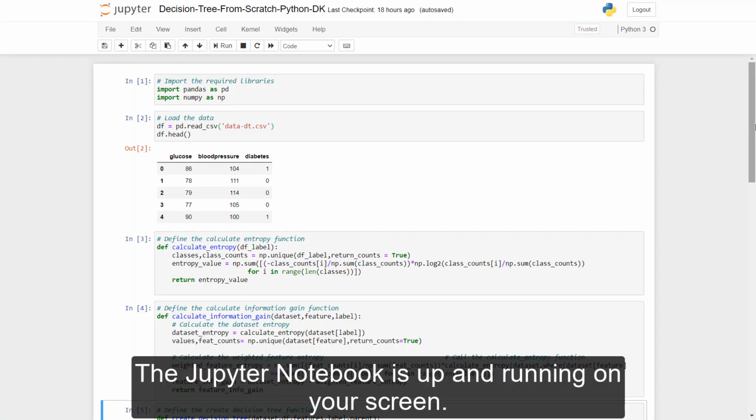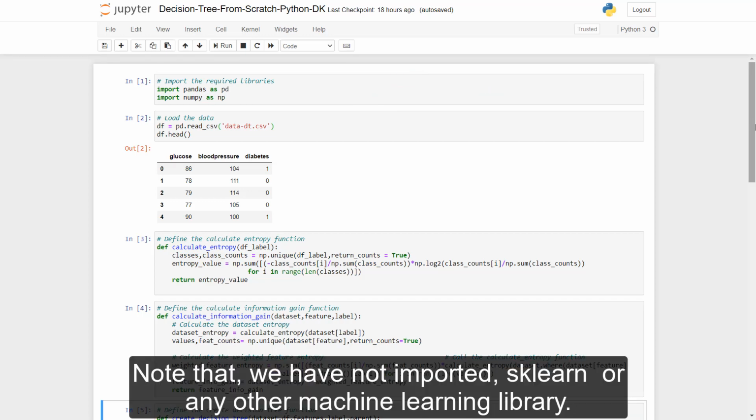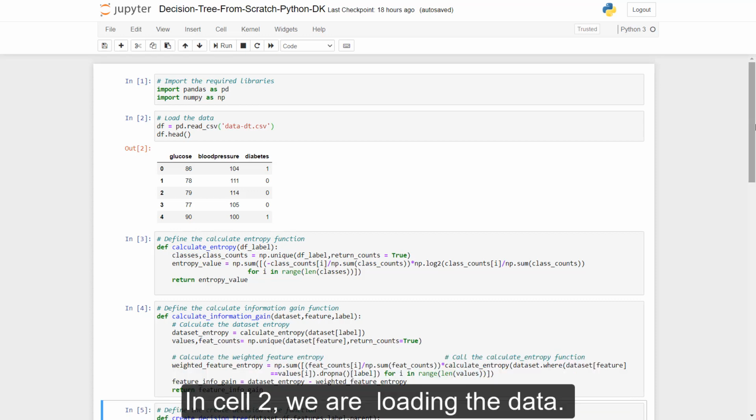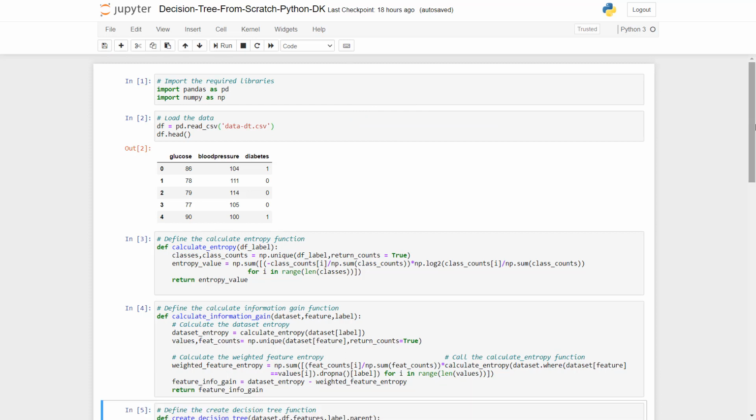The Jupyter Notebook is up and running on your screen. In cell 1, we have imported the required libraries like NumPy and Pandas. Note that we have not imported sklearn or any other machine learning library. In cell 2, we are loading the data. Data is stored in the CSV file named data-dt.csv.